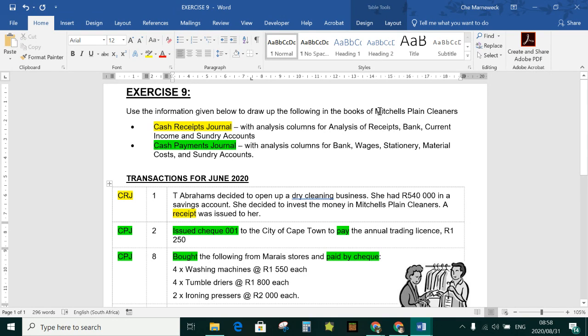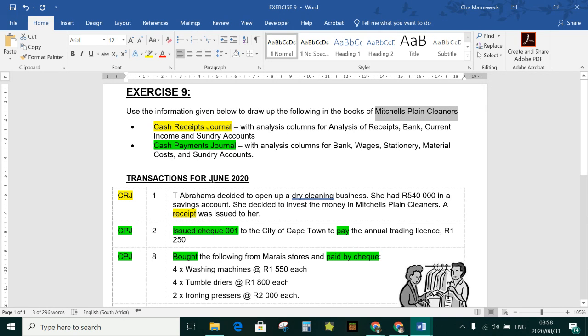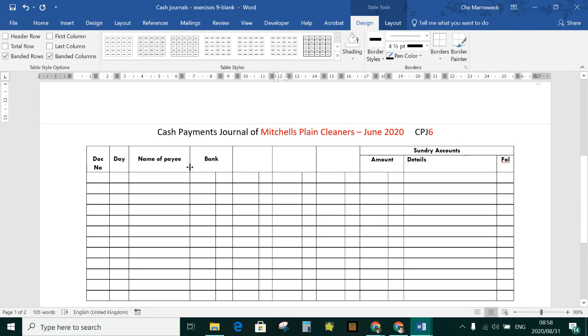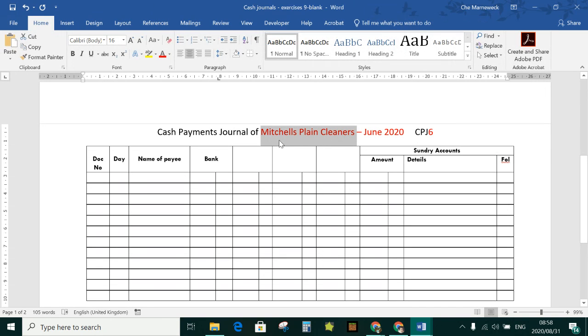So we're doing the books of Mitchell's Plain Cleaners. It's for June 2020. And we need analysis columns for bank, wages, stationery, and material costs, as well as sundry accounts. So we're going to have a look at our answer sheet. Cash payments journal of, you want to fill in the name of the company. So in this exercise, it's Mitchell's Plain Cleaners. There should be a dash, June, the month, the year, 2020, and the code CPJ 6 because June is the